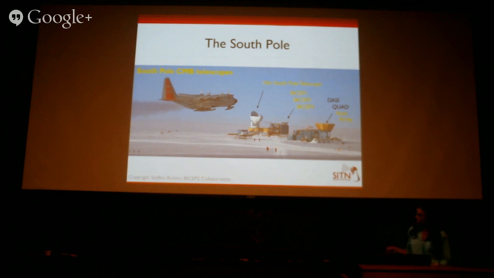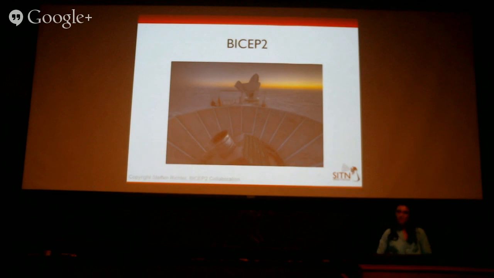So there's these two different buildings, and this is how you get there. They have a military grade plane that's fitted out with these special skis so you can land on the ice. It's pretty fun. And the telescope that I'm going to talk about is BICEP 2, which just wrapped up observing